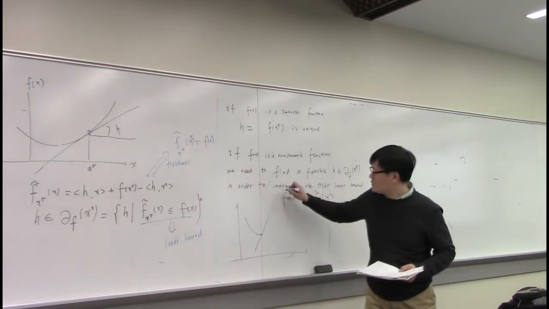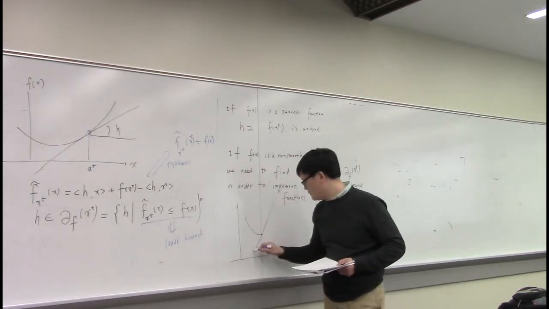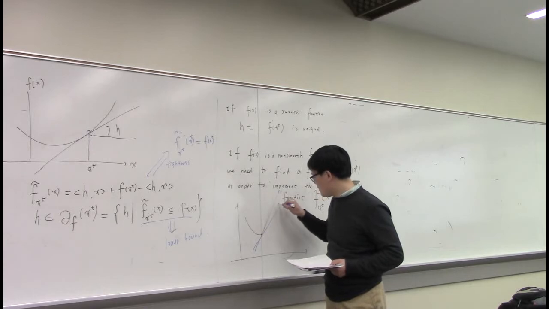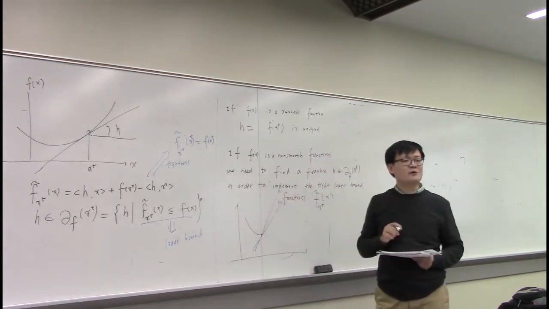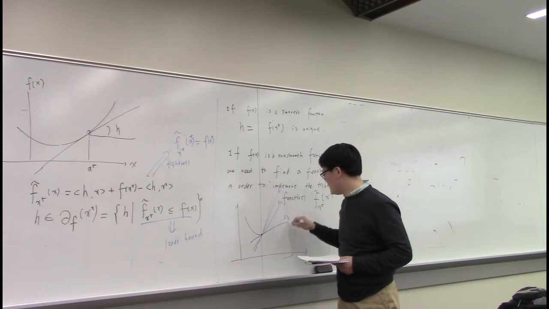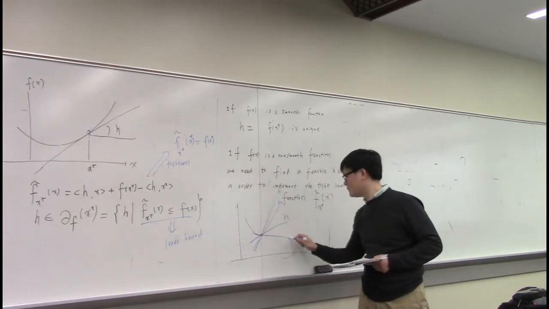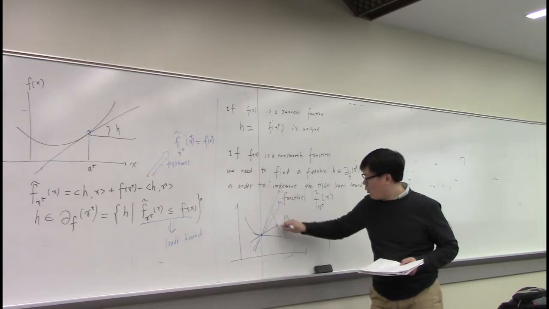So this is one h, h1, and this is also fine, it's also a lower bound function. And then this is h3, and so on. So basically, you have all possible